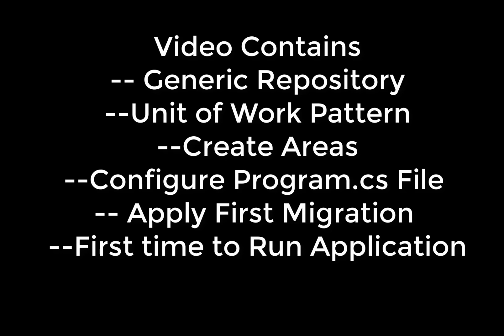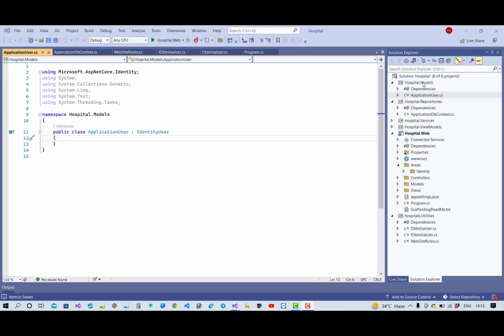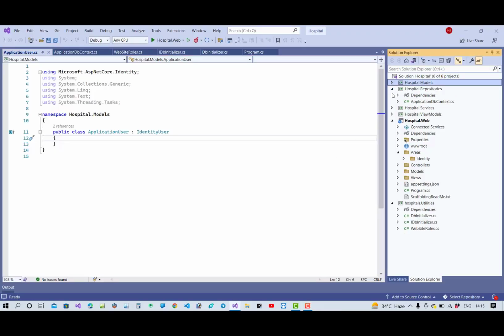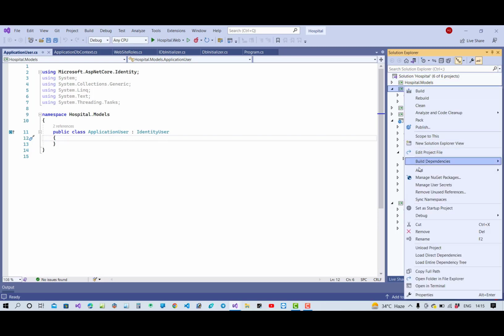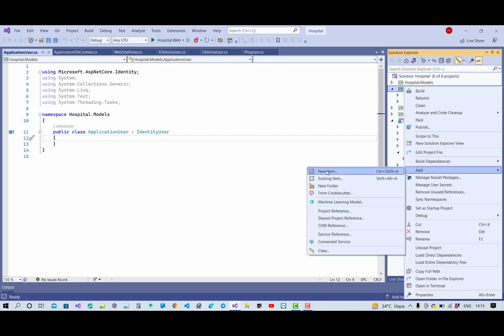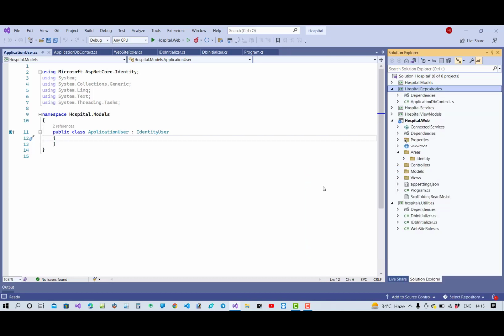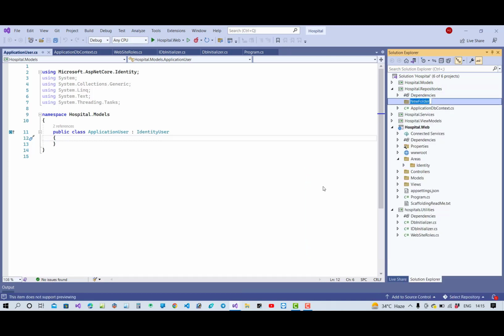So let's check and see what is going on with this application. Now the first thing is to use a generic repository. A generic repository has some default and common methods used by any application, like CRUD operations. So in the repository section,